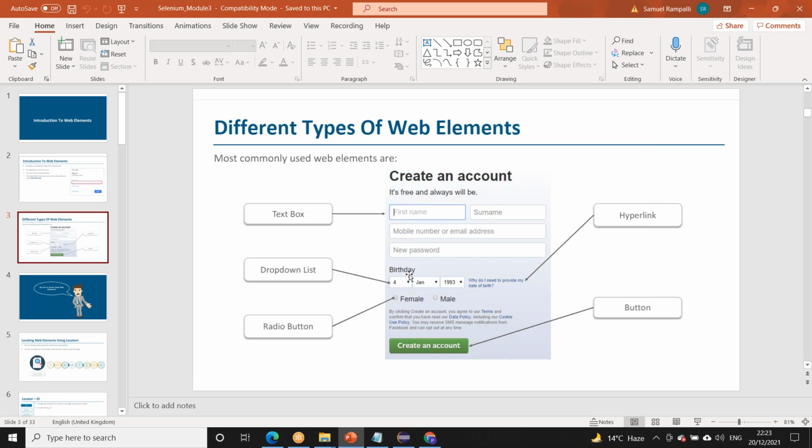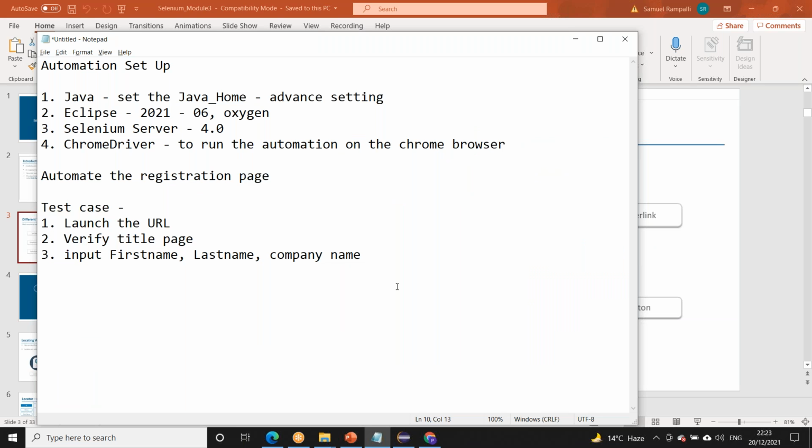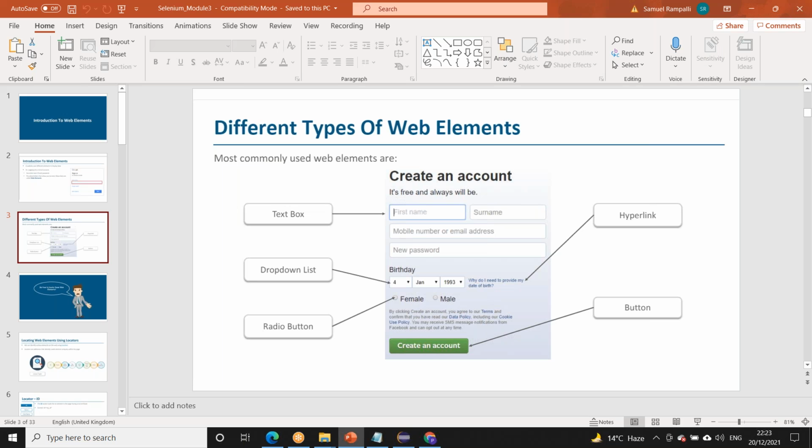So we perform particular actions on these web elements. When we test manually, we give the input ourselves. We type in the input for an input field, we click on a button with the keyboard and mouse, right? So these actions we perform manually. Now with automation, how do we perform a click operation on this web element? We have to identify where it is on a page.